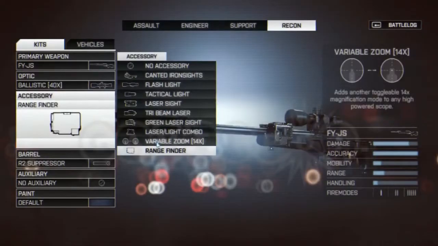Now for the snipers, the accessories are a little bit different. There's still the main ones in there, but there are two separate ones that are only available for snipers. The first one is the variable zoom 14x, and it says it adds another toggleable 14x magnification mode to any high powered scope. So the way I understand it is that even from 6x up to 40x you will be able to switch over to a 14x scope,